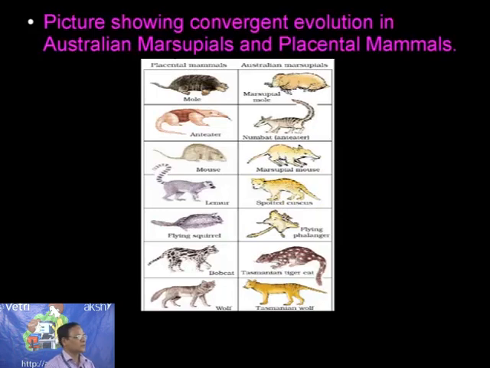And this is the bobcat, and then this one, the Tasmanian cat. And the last one, I am taking the wolf. That is the one, you see that one. This is the Tasmanian wolf, a kind of marsupial. And this is a normal wolf, what we know. That is a placental mammal. And both are different species, but both are converging towards one environment, namely the Australian forest and the Australian grasslands, for leading a common life. And both are having more or less the same niche, the mode of habitat, the mode of feeding. See that one that is happening, wolf and Tasmanian wolf living together.